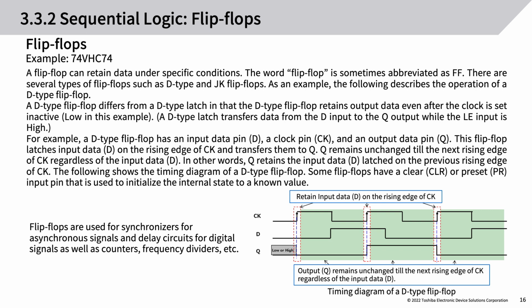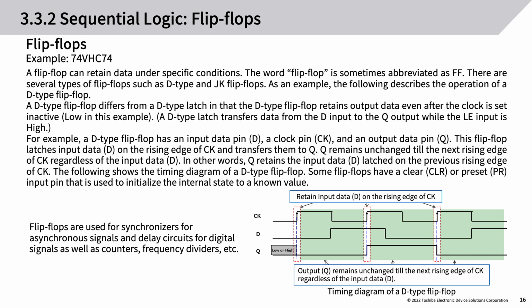Sequential logic, flip-flops. A flip-flop can retain data under specific conditions. The word flip-flop is sometimes abbreviated as FF. There are several types of flip-flops such as D-type and JK flip-flops. As an example, the following describes the operation of a D-type flip-flop. A D-type flip-flop differs from a D-type latch in that the D-type flip-flop retains output data even after the clock